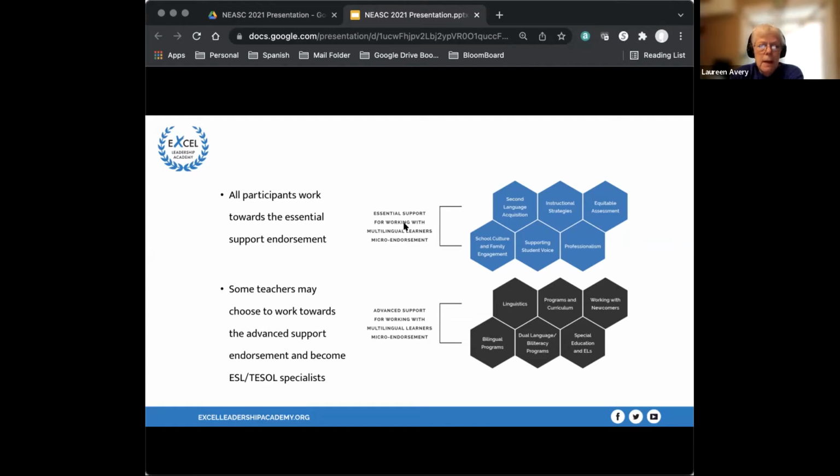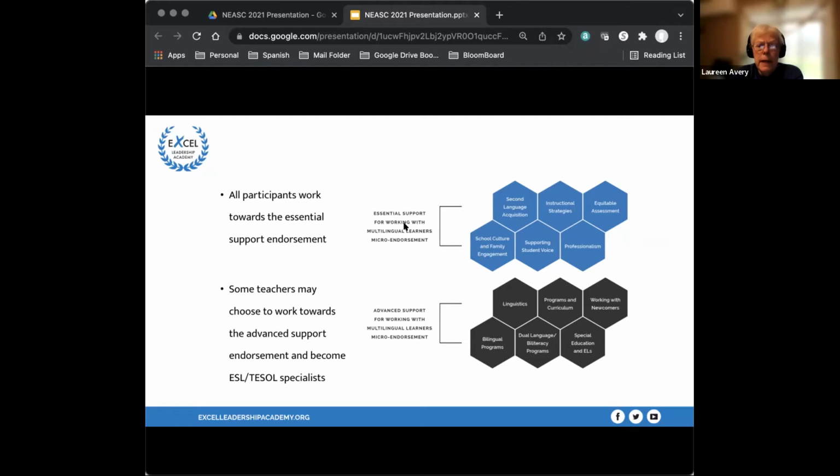That's those 6 core competencies that we just talked about. But there is a second piece for teachers who may want to become ESL specialists. That's not required, and it's not a pathway for everyone, but you can do this through micro-credentials as well.